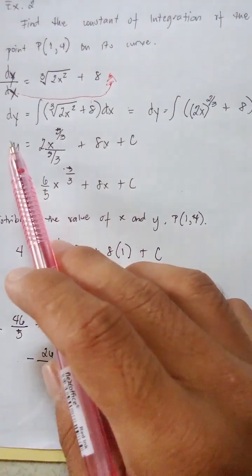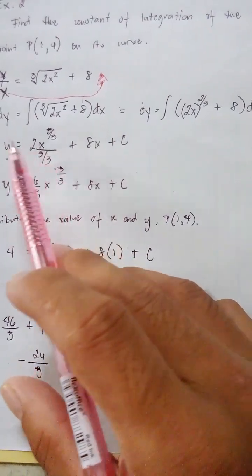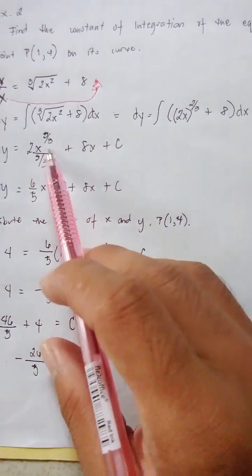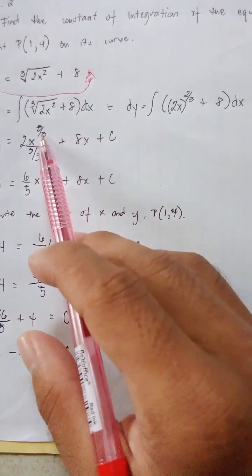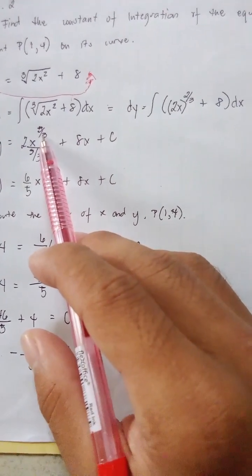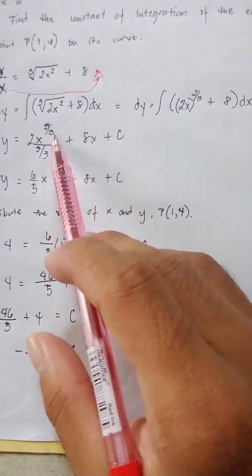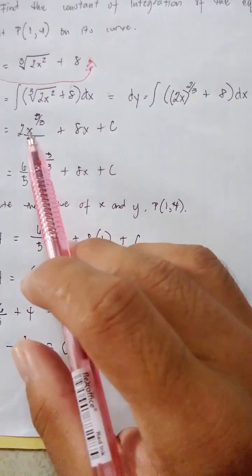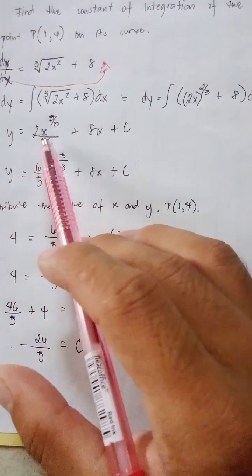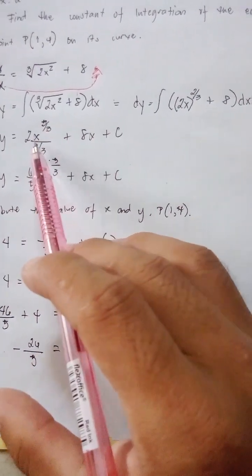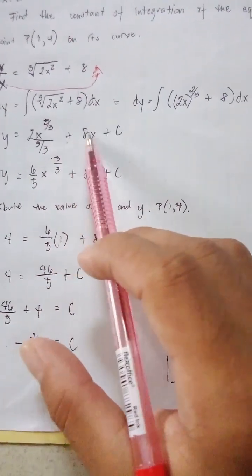And now we add 1 to 2 over 3, which results in 5 over 3, and the same in the denominator. So y equals 2x raised to 5 over 3 divided by 5 over 3 plus 8x